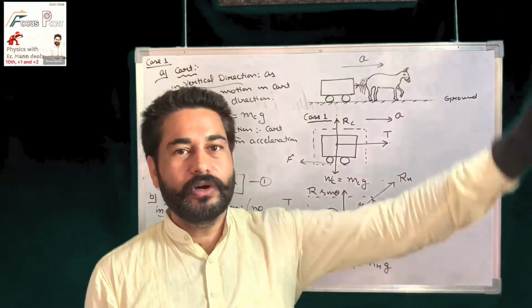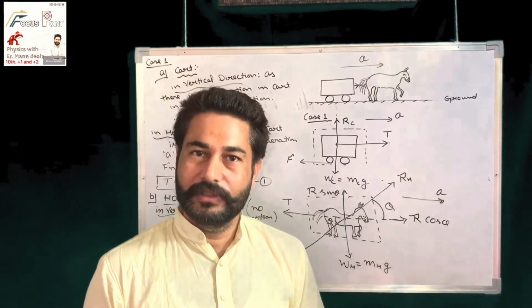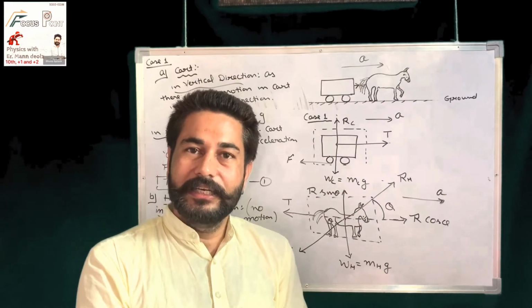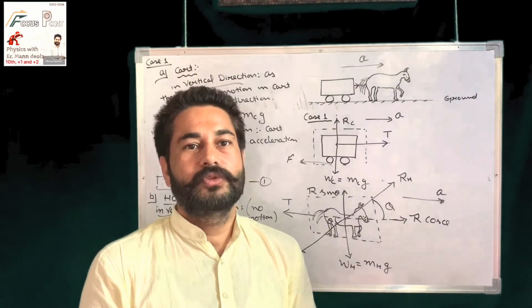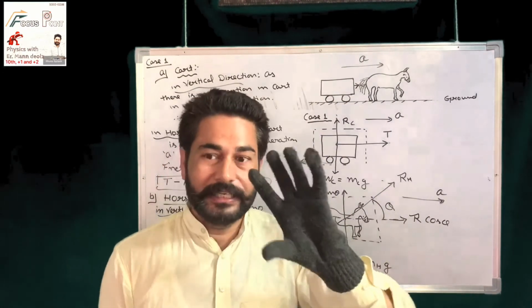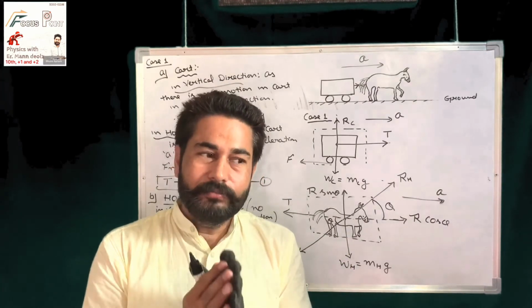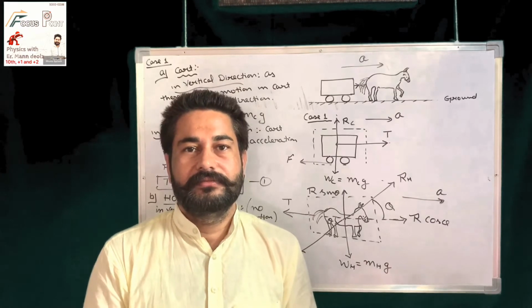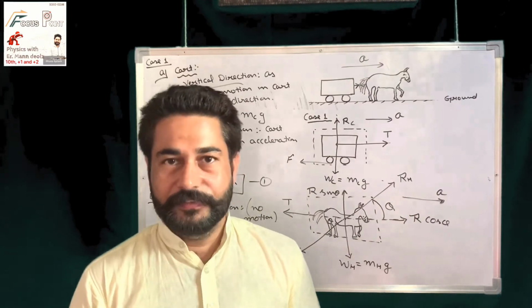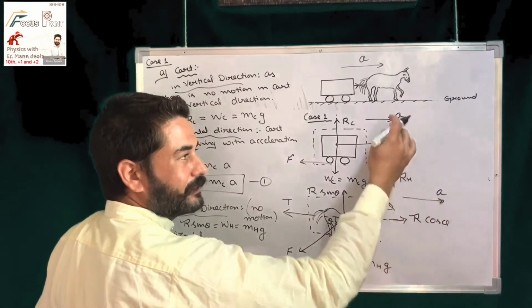So however long they keep moving, if the horse's speed goes from 2 meters per second to 10 meters per second within 5 seconds, the cart's speed will also go from 2 to 10 meters per second within the same time. So they both will stay attached with each other. In general, you have to take care that whenever two or more bodies are connected with each other, they have to move with the same acceleration. If their accelerations were different, they would have to separate after some time. So I'll take the acceleration of the cart and horse as the same.